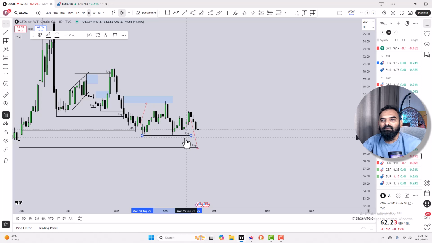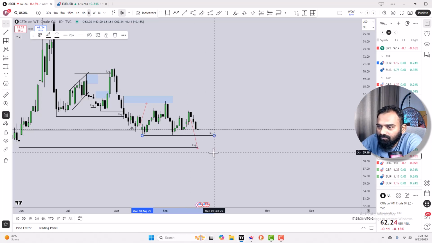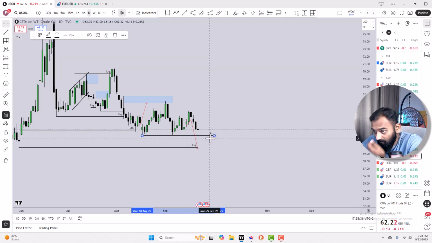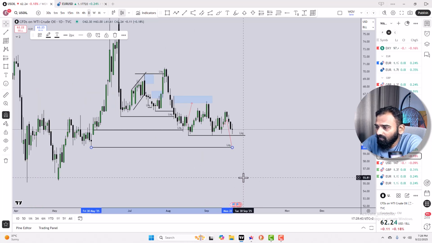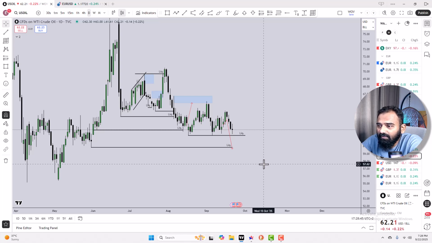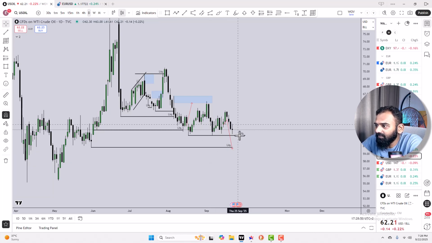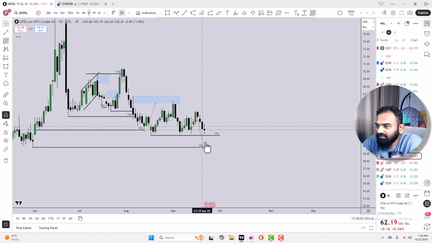So this is oil. So far oil has created relative equal lows. This is a good area of liquidity. I believe it has to take out 59.84, and with all geopolitical tensions getting ease, it is likely that oil will go below 59.8 mark. So still I am waiting for this to play out.